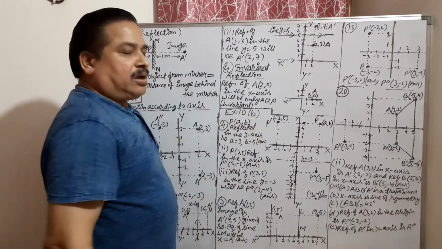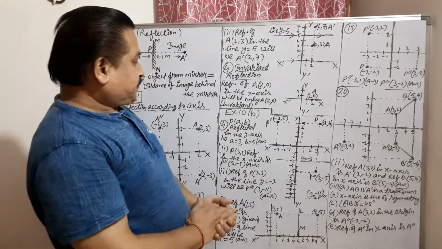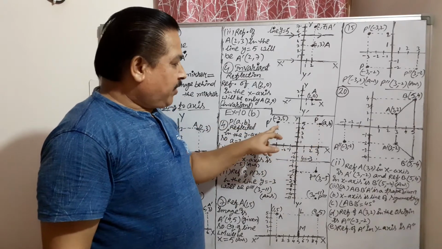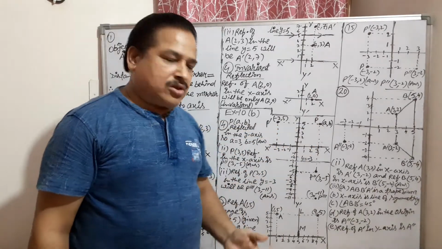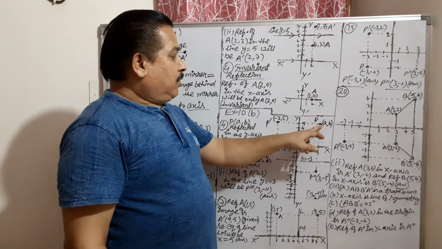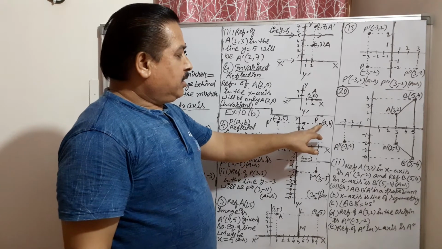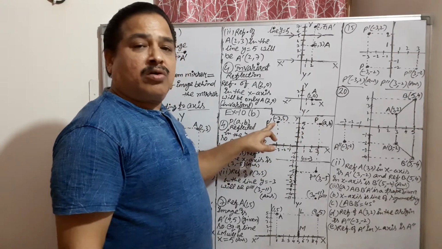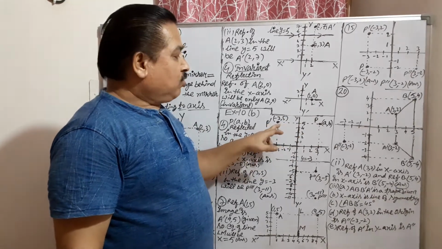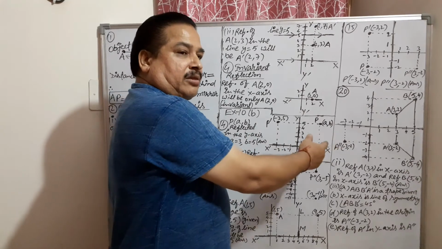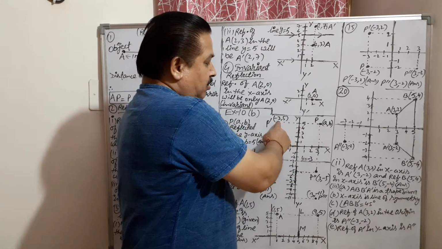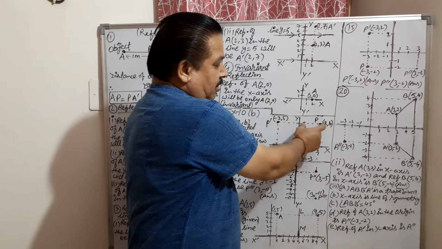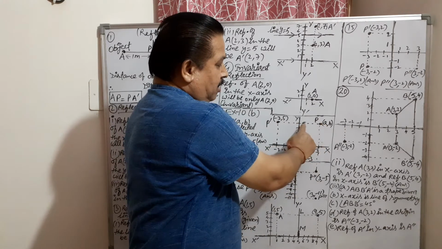Now exercise 10B. You don't have to do exercise 10A. There is a point AB reflecting in the y-axis. This is given in the question. You can read question number 4 in your book. The coordinates of this point are not given. When it is reflected, the image is given in the book as (3, -3), (5). So what is the point? They are asking for the object, and the image is given. So just take the reflection back to this side. Check the distance and take the same distance on this side. So this will come (3, 5).